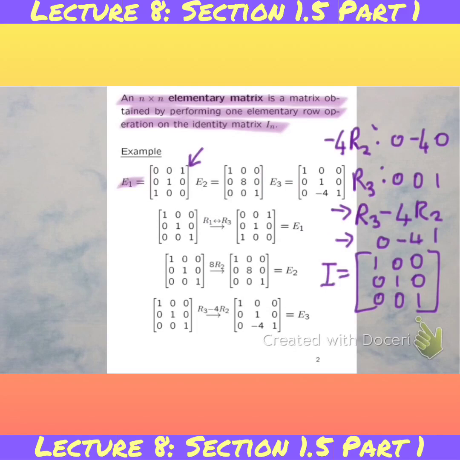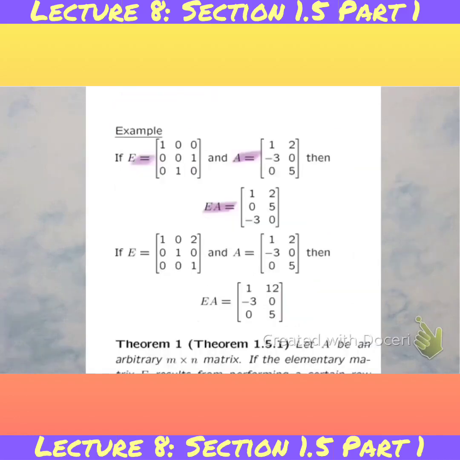So I'm basically now changing the identity matrix to E3 by doing that operation. So I'm taking it and I'm replacing. Okay, so how I got there was I applied this operation here. Okay, in the next example,